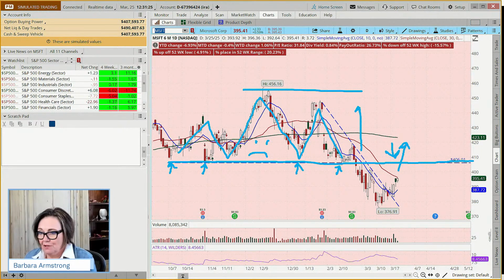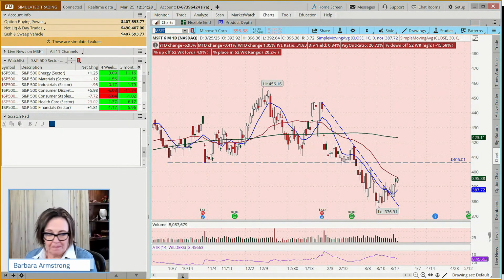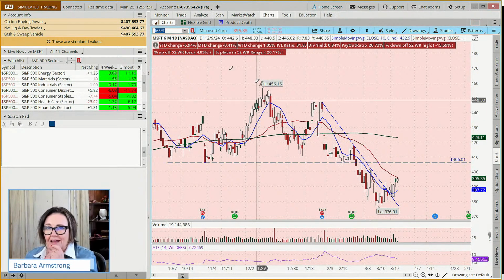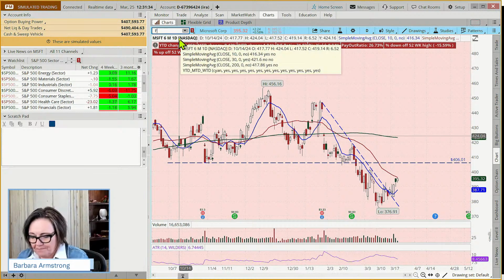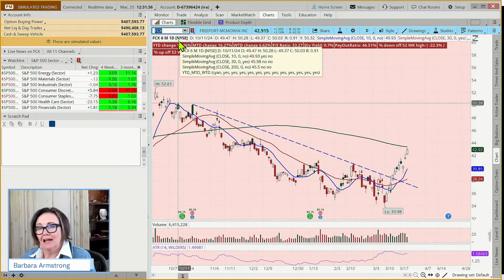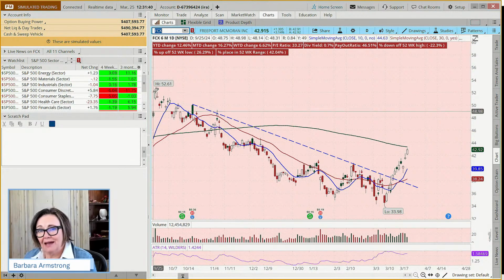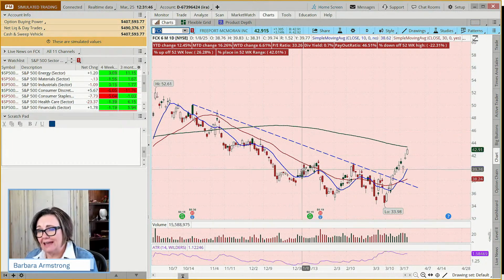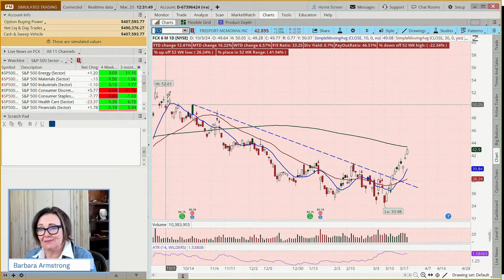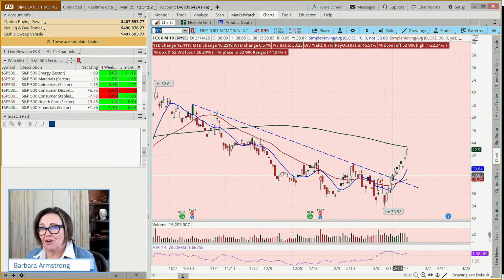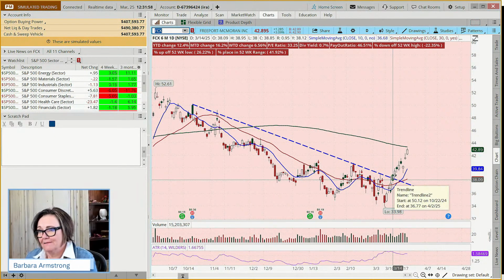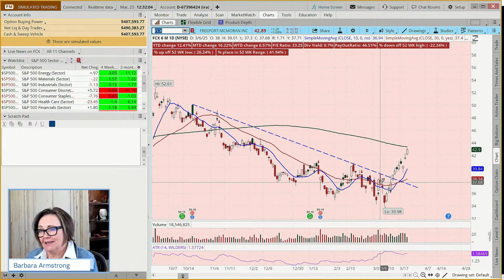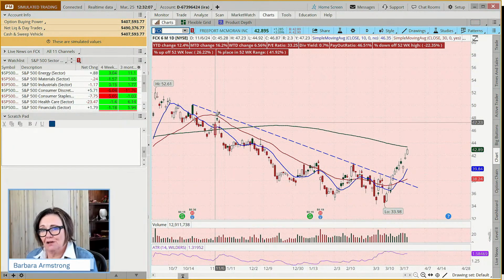Okay, so there's another one. How about FCX, Freeport McMoran? And here's one. This thing hit a high back here last September, so it has been rolling down the hill for like 6 months. This is a 6-month chart. It only crossed the line here back on March 14th. That was a Friday. And because it was straddling the line, and it had come up and kissed the line here, and kissed the line here, and kissed the line here,